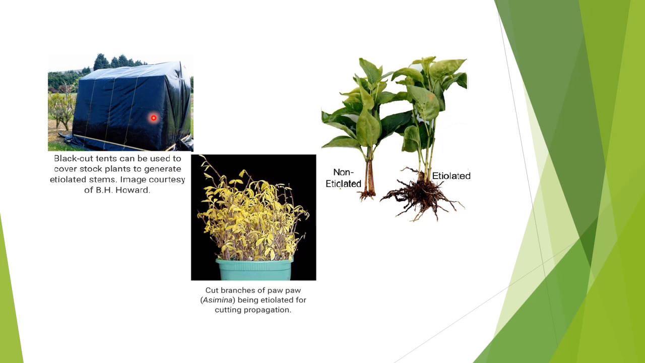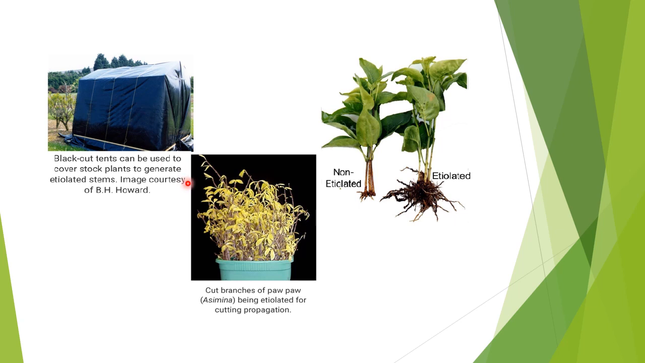This is how it is done. It's practiced. Etiolation is where you just take a small greenhouse and cover it. Blackout tents can be used to cover stock plants. You have a stock plant from which you have to take a cutting, you cover it, and generate etiolated